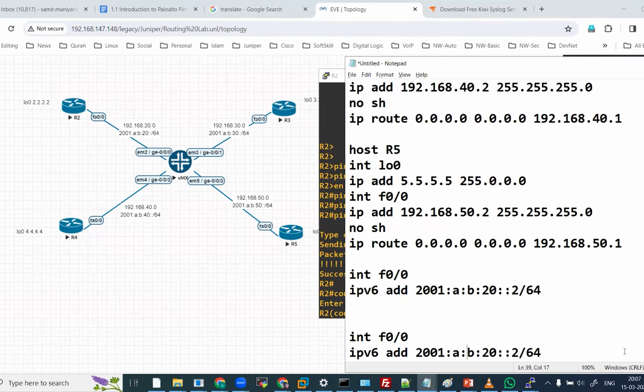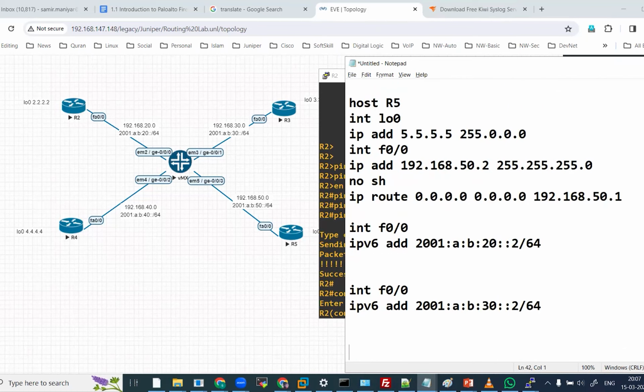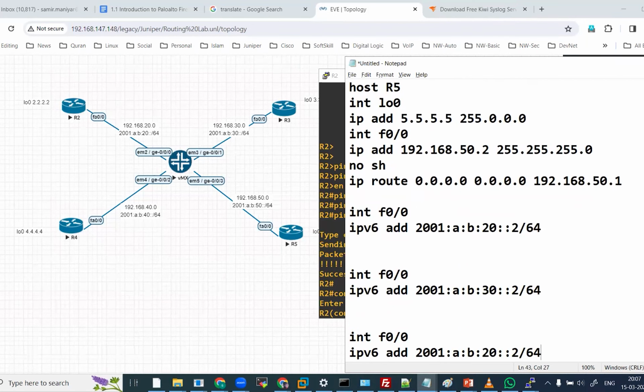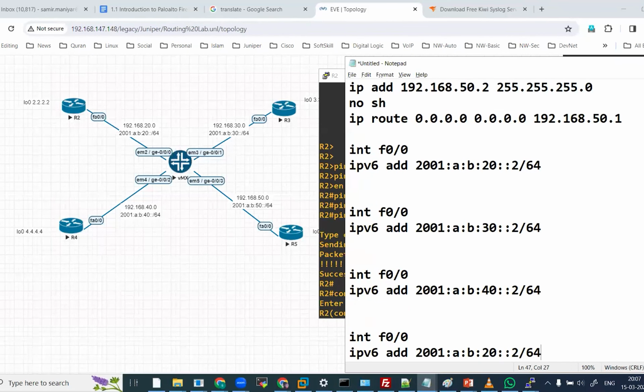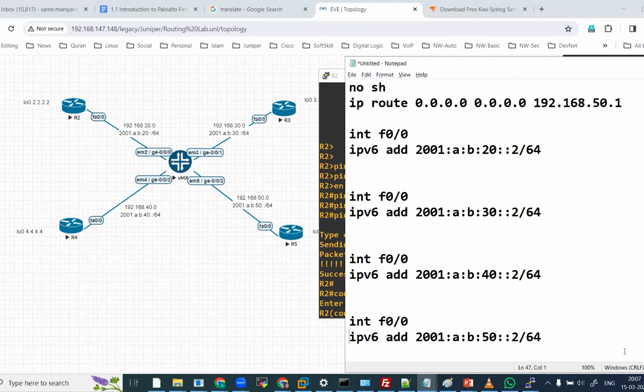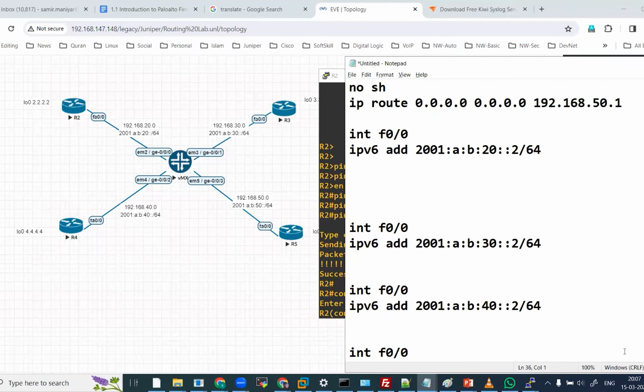for R3 as 30. We'll repeat this command for R4, which is 40. Yes, Ganesh, we are going to do that as well. Let me first write down the script for this. So done with this, and thanks for the reminder, we are going to do it for the